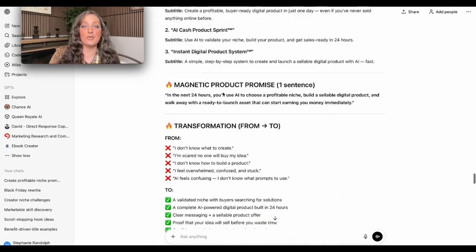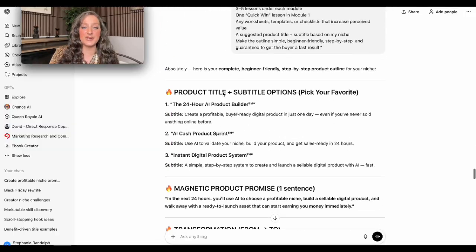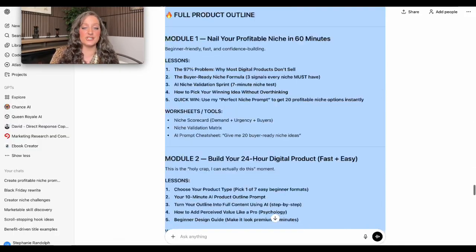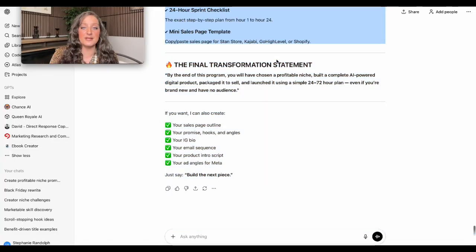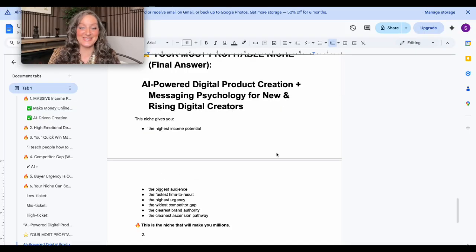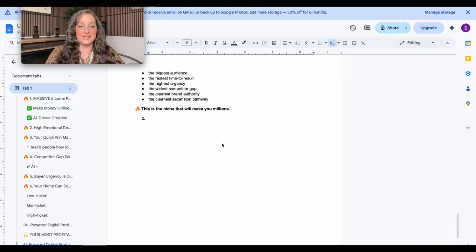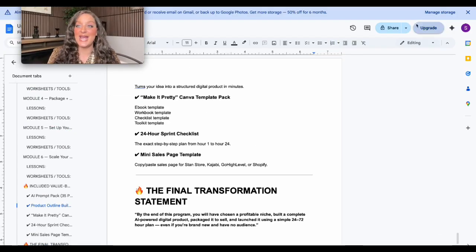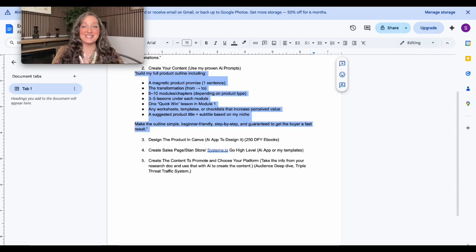Okay, great. So what we're going to do is we're going to take all of this and we're now going to put it into our market research doc. Okay. So we're going to copy it all and we're going to put it into our market research doc, which is right here. This is the content. So we'll go ahead and paste it in there. And now let's go back and see what the next section is. So now we have our modules, we have our lessons, all right, that we're going to create.